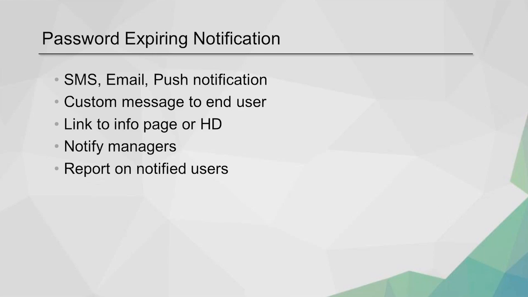So what we've done is we've created an environment to basically handle all of these issues. So what we do is we allow notifications through SMS and email, not just a dialog box. So now when the user is traveling, the user is on vacation, the user is away from their computer, they're still going to receive an SMS or an email saying their password is going to expire. We get to customize the message. We can actually put a link to the help desk info page as a description of how to change their password. Again, the idea that we want is we want as few calls to the help desk as possible.